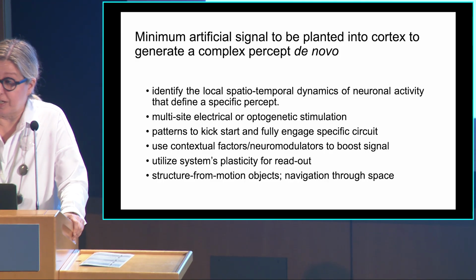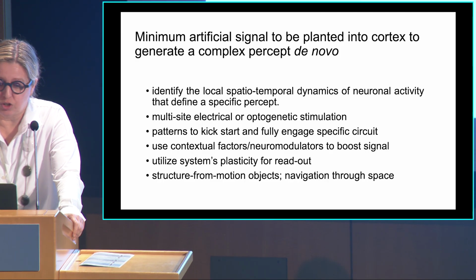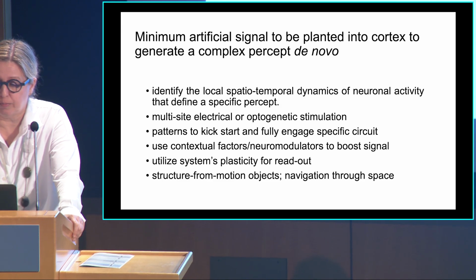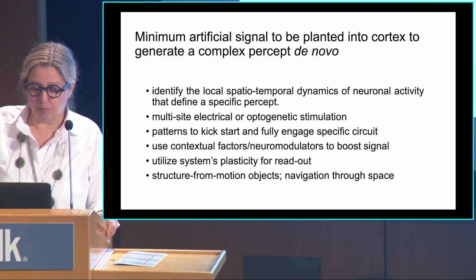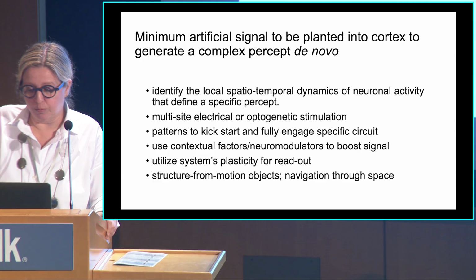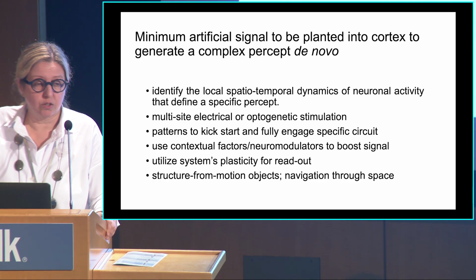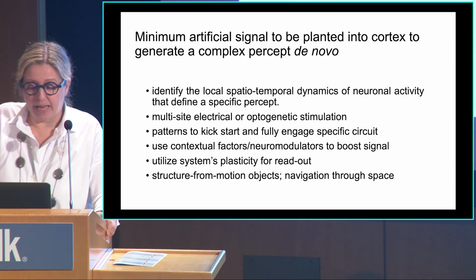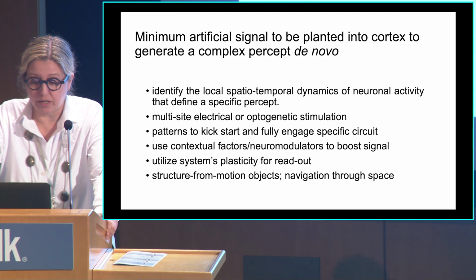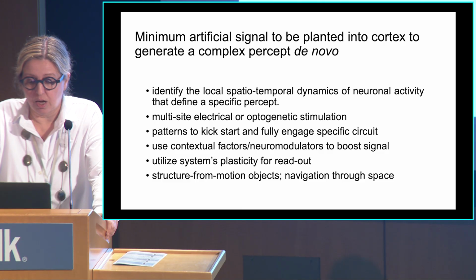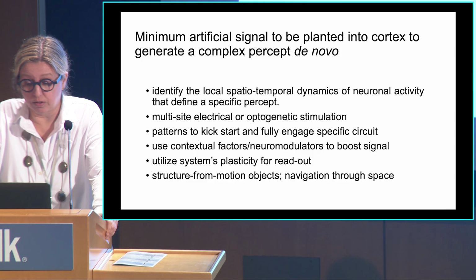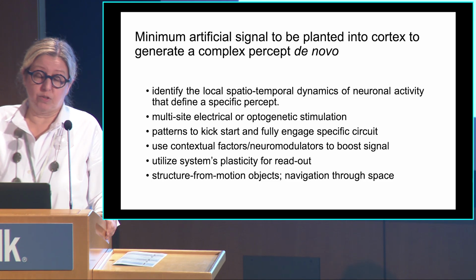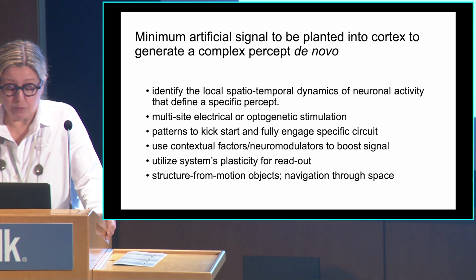So what is the minimum artificial signal to be planted into cortex to generate a complex percept de novo? I think it's critical to identify the local spatiotemporal dynamics of neuronal activity that define the specific percept. We will need multi-site electrical and optogenetic stimulation targeted to the relevant sensitive sites. We need to understand the temporal patterns to kickstart and fully engage the specific circuit, and potentially use contextual factors, neuromodulators, to boost the signal, change the brain state, and utilize system plasticity for readout, but the price for the stereo motion is potentially,